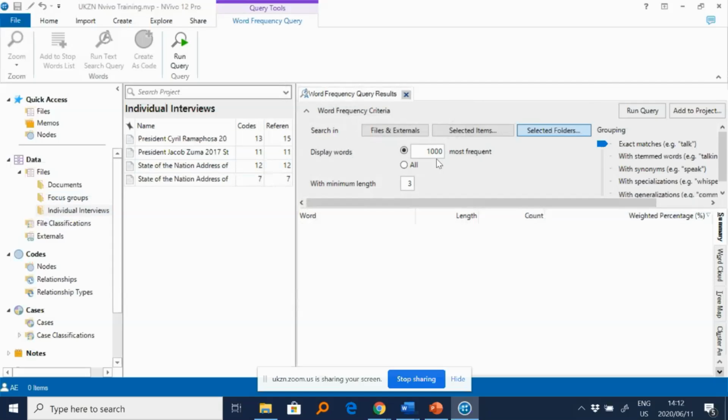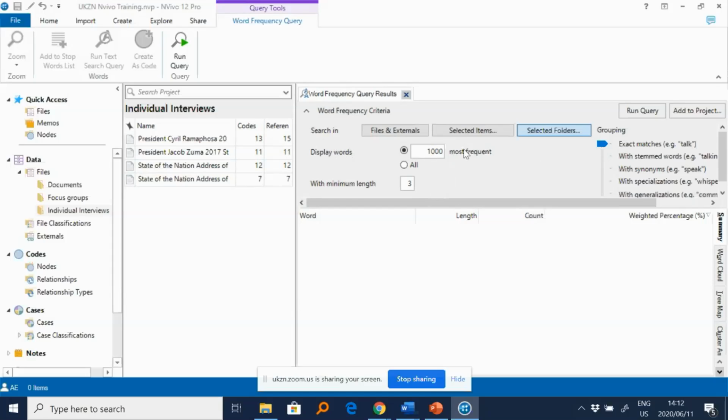If I ask NVIVO to show me the 1,000 most frequently occurring words, chances are that about 80 to 90% of the words in these transcripts will appear as most frequently occurring because we have limited data. So it does not make sense to leave it at default. We want to see the high level most frequently occurring words.